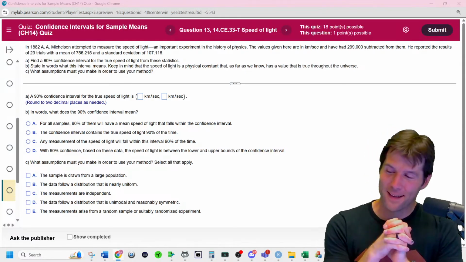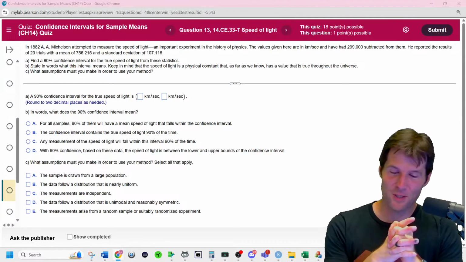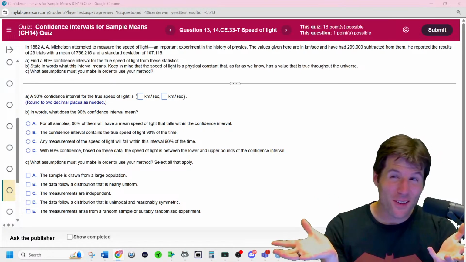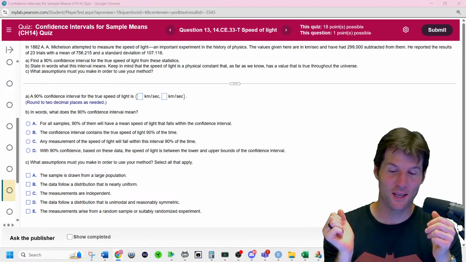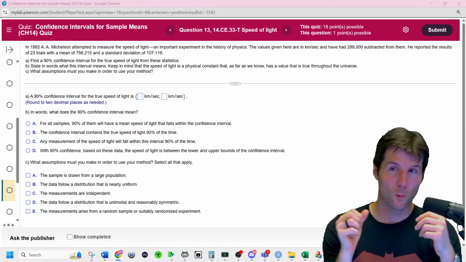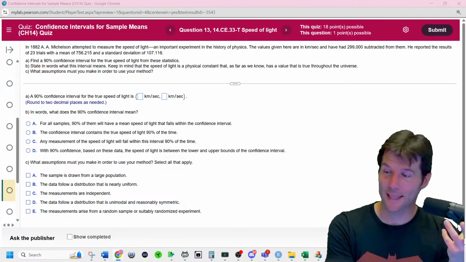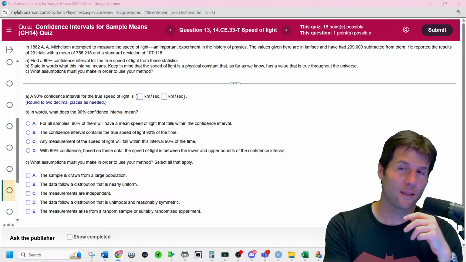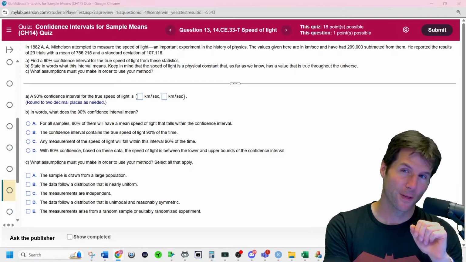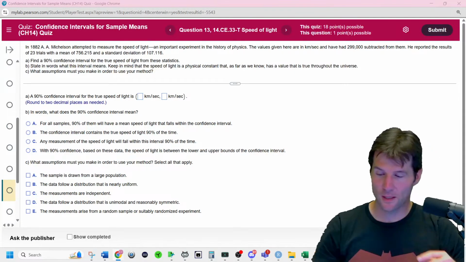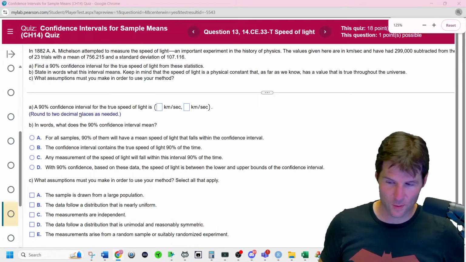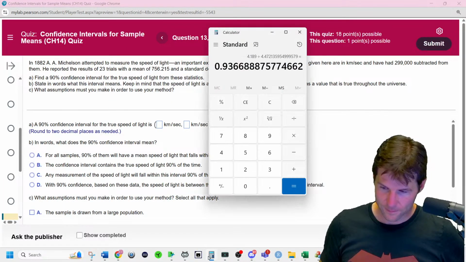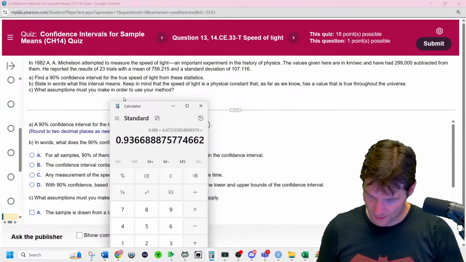Okay. In 1882, they measured the speed of light. Now, this is where this question gets weird, because they want us to subtract 299,000 from all of these values, which they should have just given us the values. They changed the values. This first value right here, this is where this question is like, what are they telling us? This first value is